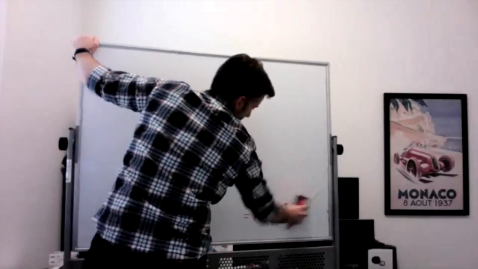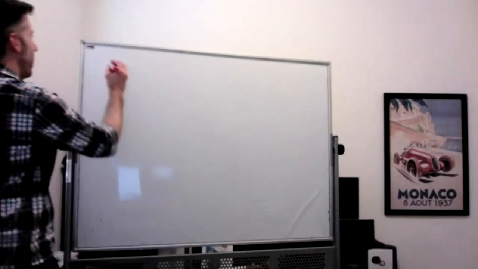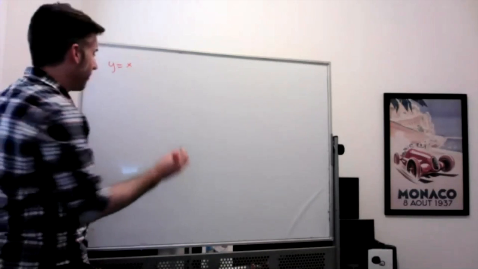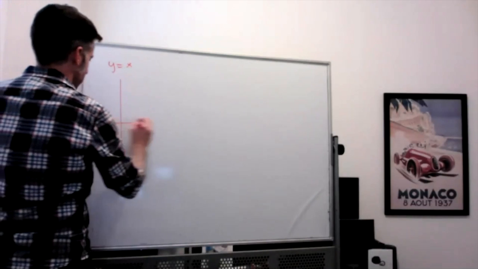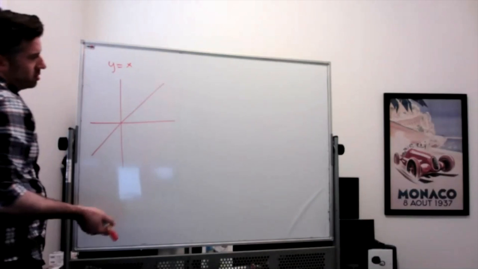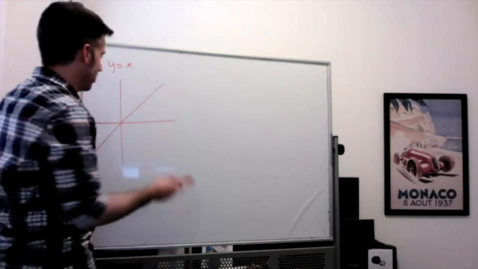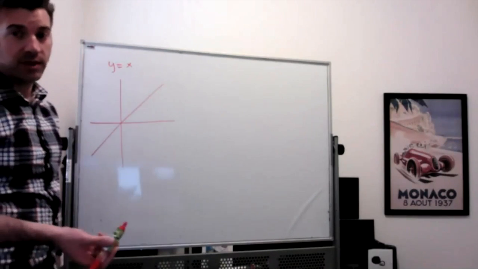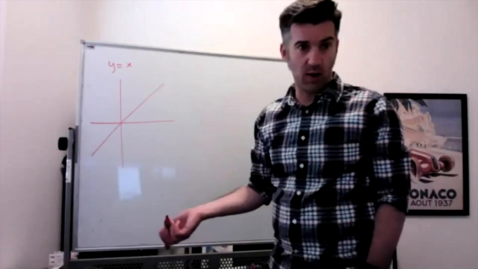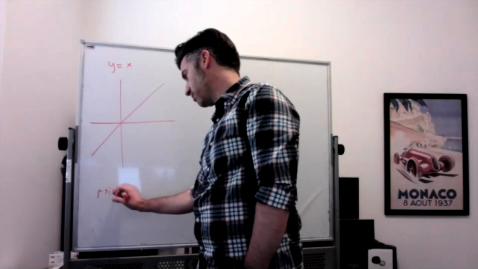And a couple other graphs of things like y equal to x. You could probably figure this one out by graphing it. Maybe not, I don't know. Here's y equal to x. For this one, I'm noticing that you're getting points of various radii, but all the angles are the same. So if we replace y with r sine theta and x with r cosine theta,